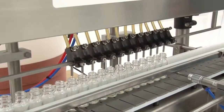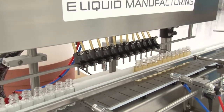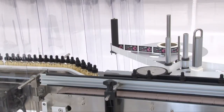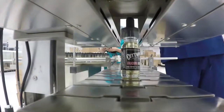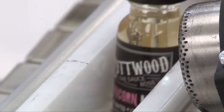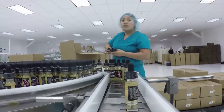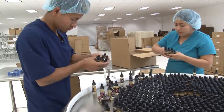For larger volumes, we use our XXX system to fill XXX number of bottles per hour. The filled and capped bottles come out of the clean room and a tamper-evident shrink band is applied. The bottles are then date and batch coded utilizing our state-of-the-art inkjet printer. Bottles are labeled and collected on the accumulation table and are ready for quality control checks and to be packaged